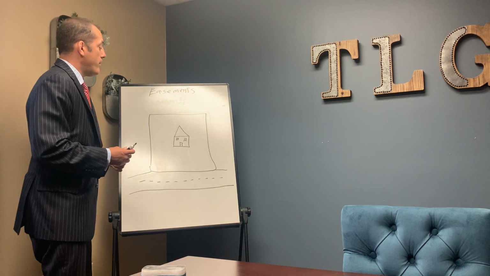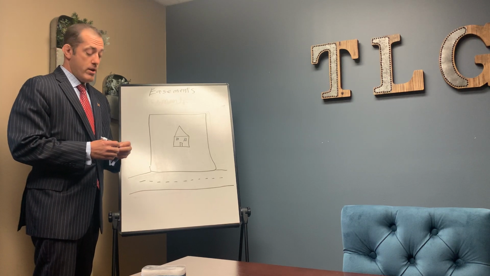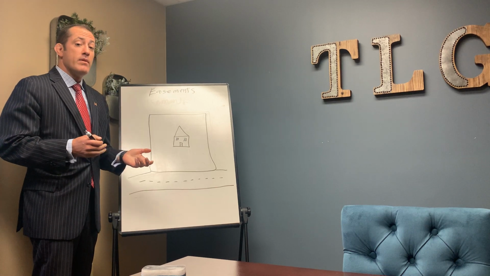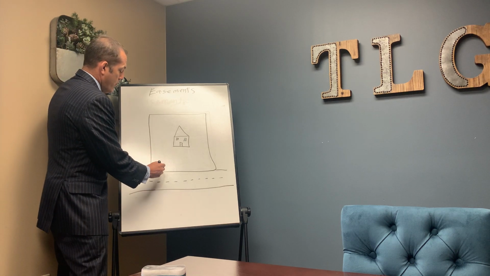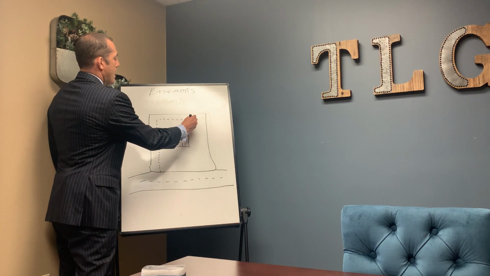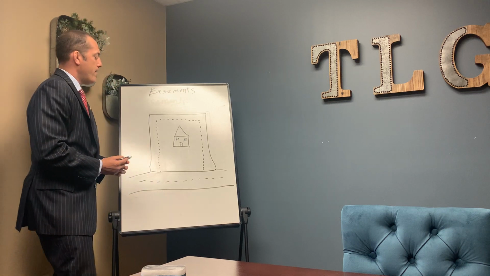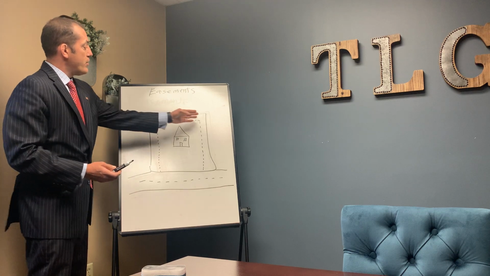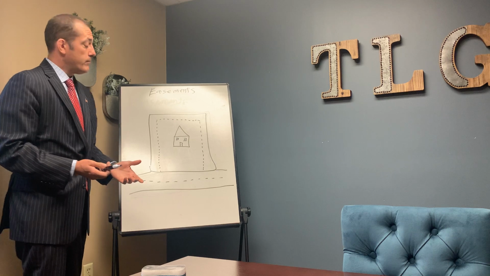Very often when developers create a neighborhood, they will put a subdivision plat to record. And either on the subdivision plat or later, they will grant easements to the city or different utility companies. A very common easement, you'll see a dotted line that goes along the boundary of your lot, like this. So this would be an example of a drainage easement. This could either be a ditch or you could have underground piping for the stormwater drainage.